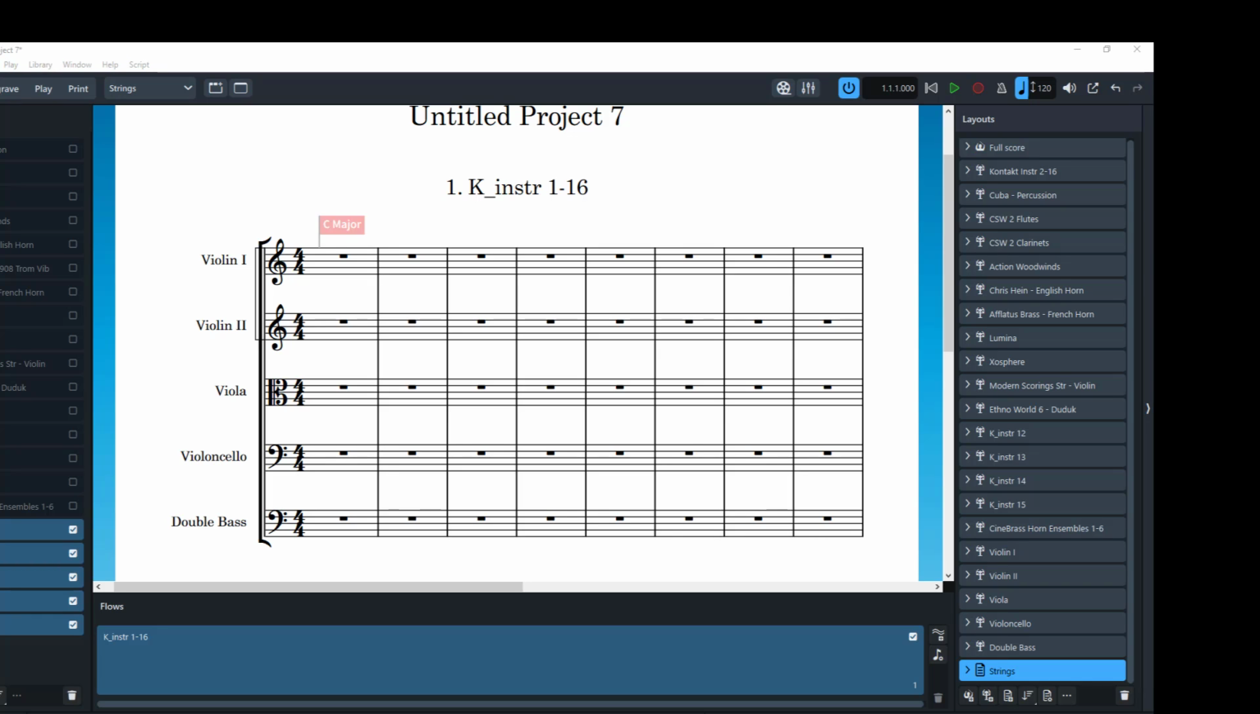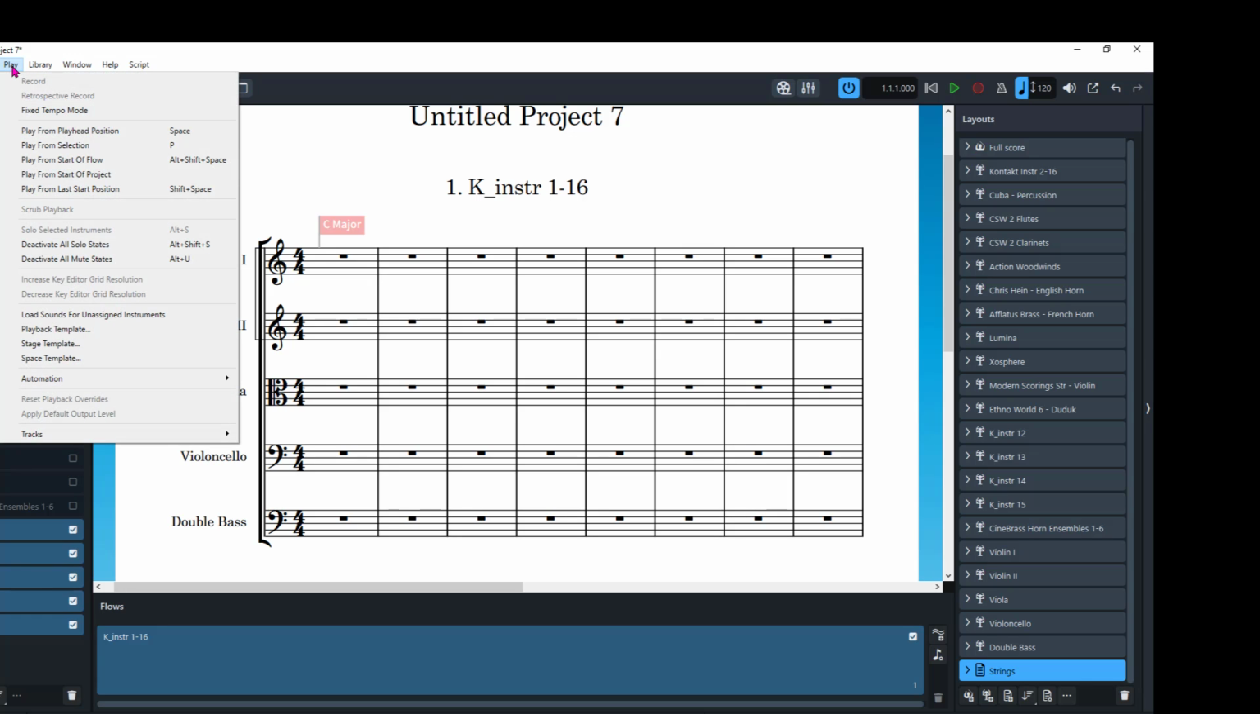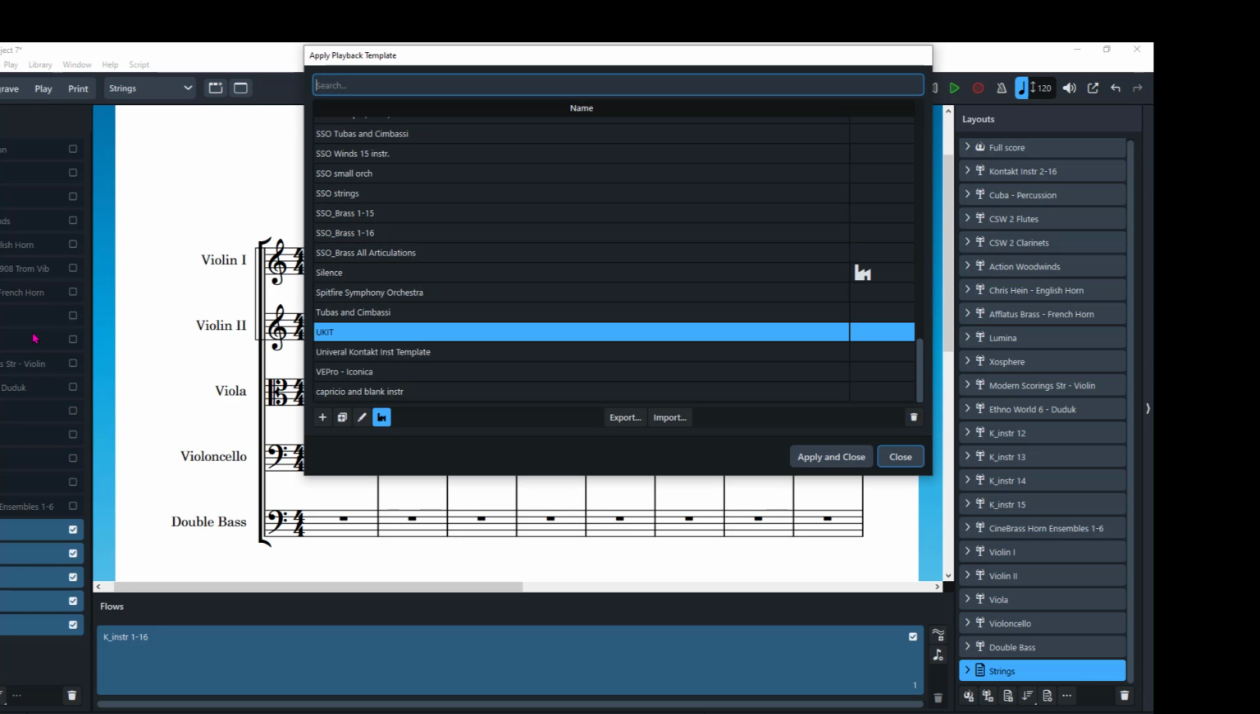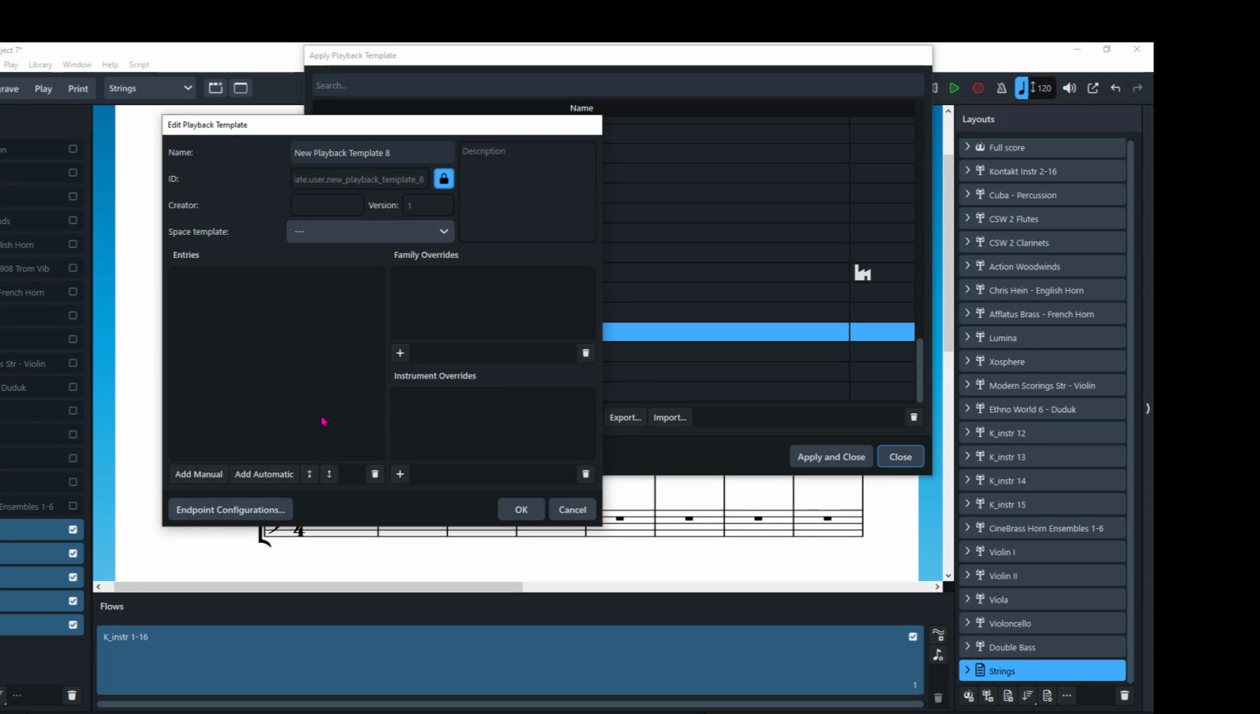The last step is to create a new playback template that will accommodate both the Kontakt instruments that we have set up in the UKIT template and the additional Dorico instruments. So in order to do that, we go to the play menu, playback template, and in this case I could duplicate the UKIT template playback, but I'll just make a brand new playback template just to show you that method, and we'll give this a name. We'll just call it